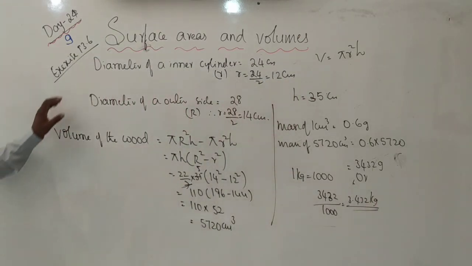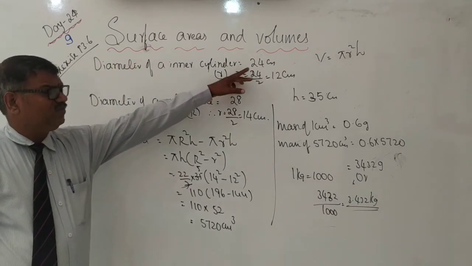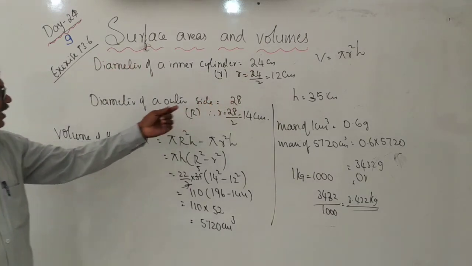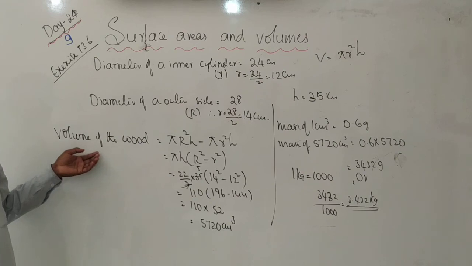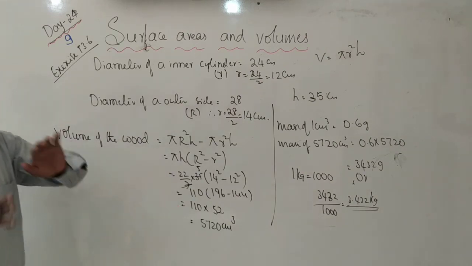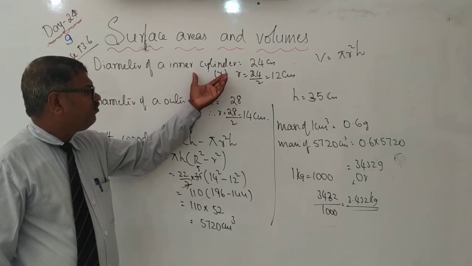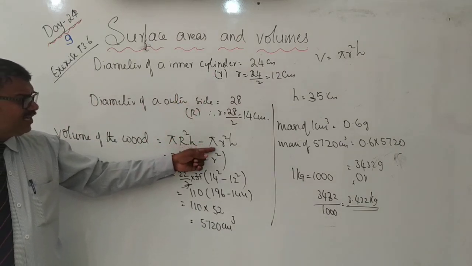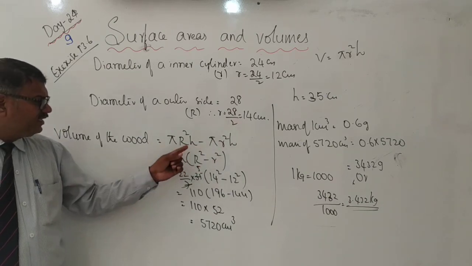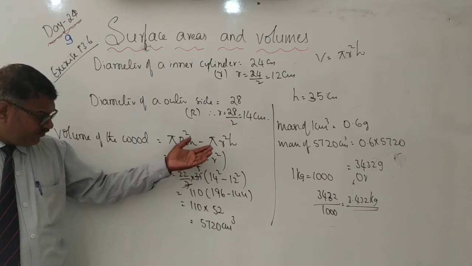Okay? So very simple. He has given one cylinder which has inner as well as outer diameters. The inner diameter of the cylinder is 24 centimeter. Therefore, radius will be 12 centimeter. Outer will be 28 and radius will be 14 centimeters. So we should find out the volume of the wood. Volume of the wood means we have to subtract: first the total outer minus inner. Therefore, volume of outer minus volume of inner. That is pi h if you take capital R square minus small r square. If you do, how much will it come?